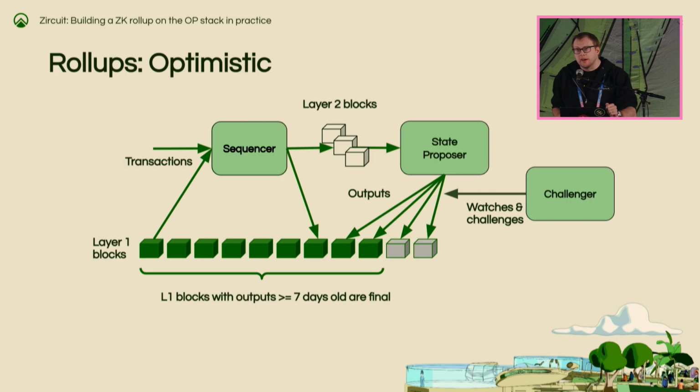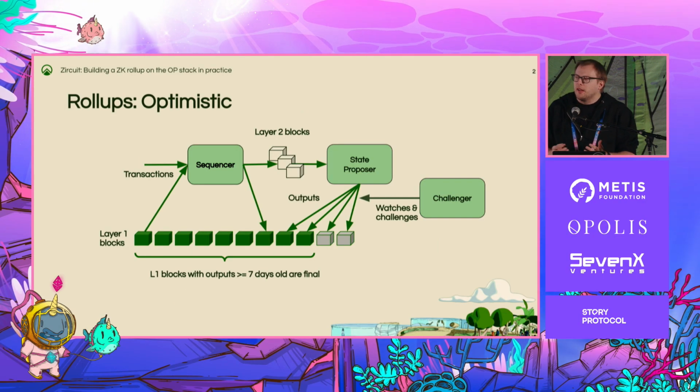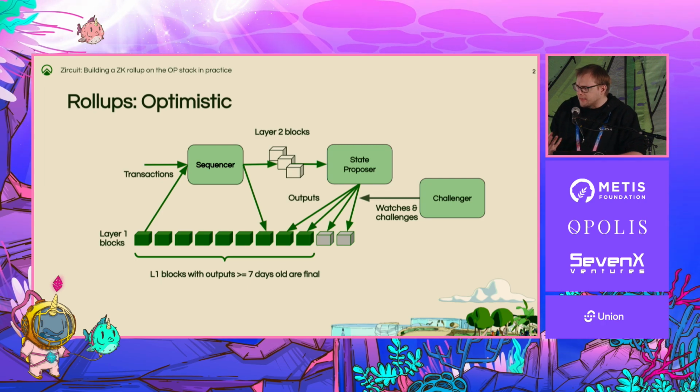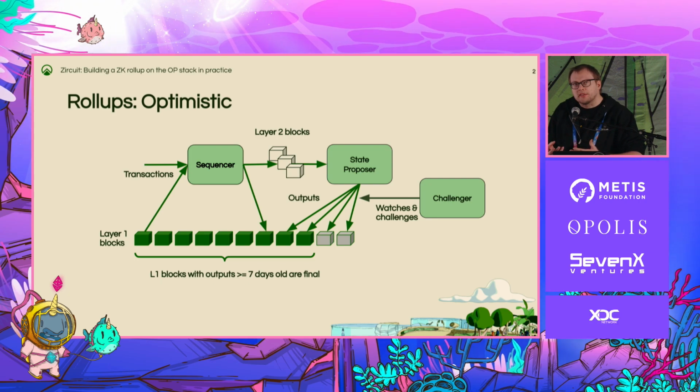understanding. So before we get going, I realize the more often I give this talk, the less likely this slide is necessary. But the next slide will introduce zero-knowledge rollups, and I think it's really important to understand both of the systems at the same time, because the essence of the talk is essentially we're trying to put proofs where proofs don't really belong, and that's a lot of challenges. But in order to understand where those challenges come from, you need to understand where you're putting them and what you're putting them onto. So what we're starting to put them onto as a starting point, because we didn't want to reinvent the wheel, was something called the OP stack, which is the code base that Optimism currently has for